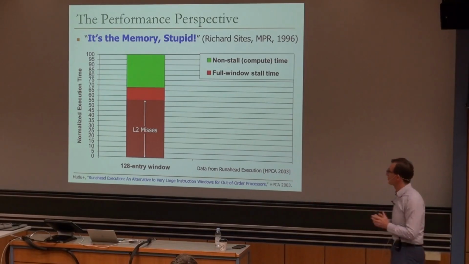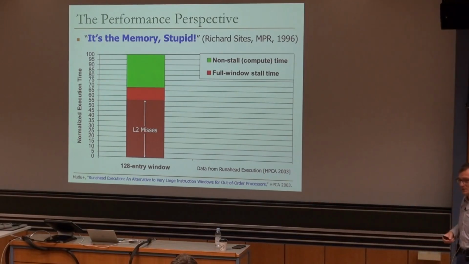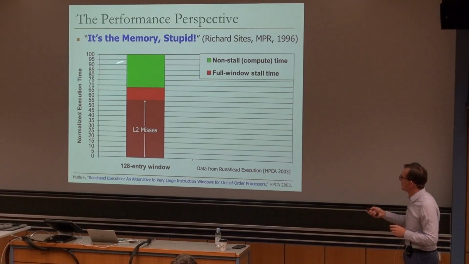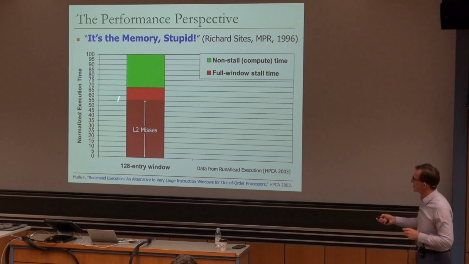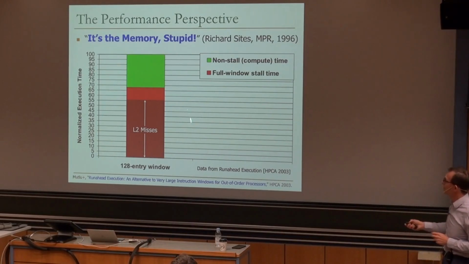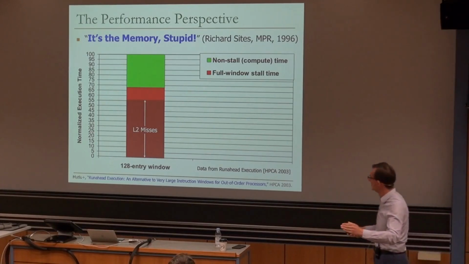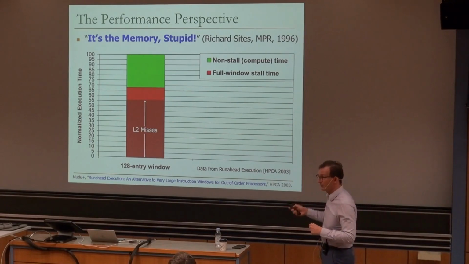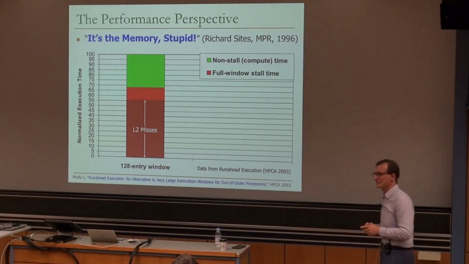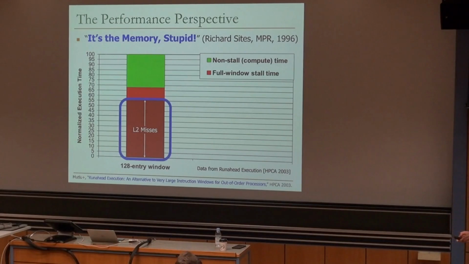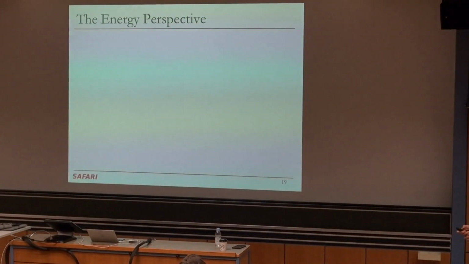Very varied workloads, all the way from CPU intensive to web intensive. And if you look at those workloads and analyze the performance, most of the time the processor is waiting for memory. This is 55% of the time you're stalled waiting for an L2 cache miss to be serviced. And you're doing some work, making progress, basically retiring instructions, during this time. Okay, not a lot, right? Most of the time you're waiting for memory. Okay, and this is the paper, if you're interested.